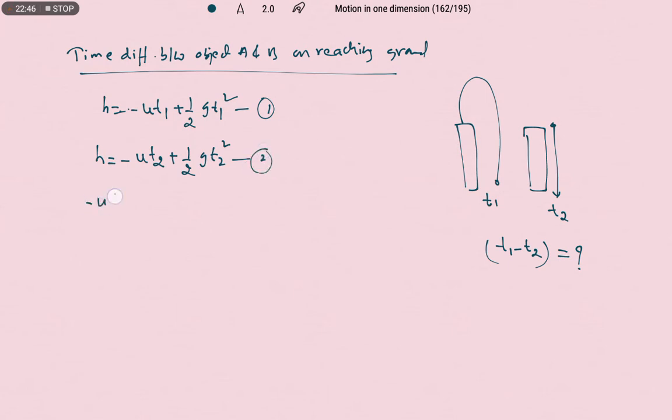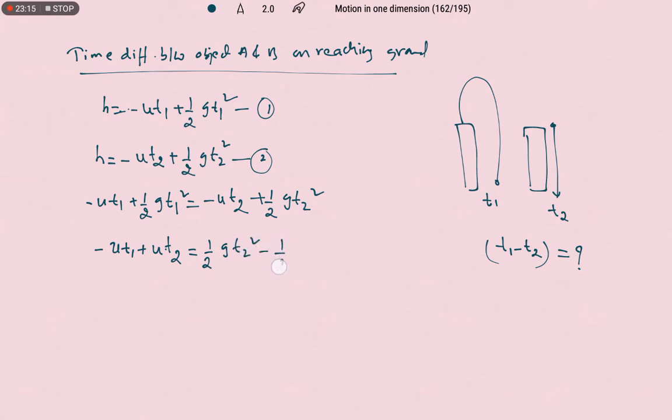Minus u t1 plus half g t1 square is equal to minus u t2 plus half g t2 square. Right, let us bring minus u t1 plus u t2, next half g t2 square minus half g t1 square. On shifting the terms, now I am going to get